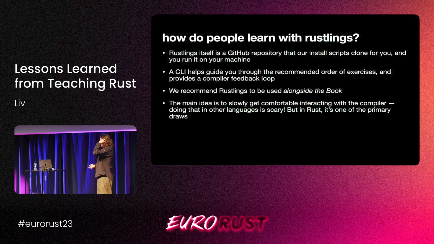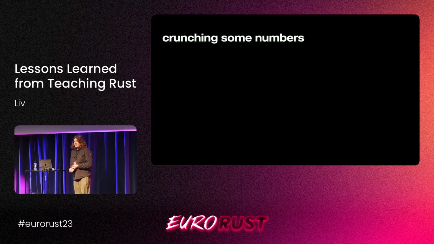And that got me to think, I've never seen this before. Any other project I've had didn't have this high of a first-time contributor rate that Rustlings does. This is way higher for some reason. So the original idea for my talk was that I was going to crunch some numbers, which is coincidentally what this slide is called. I was going to get some data from the GitHub API for a couple of different projects to compare it. I was going to write a script, which I did in JavaScript. I'm sorry.